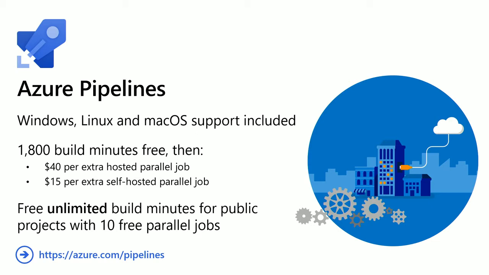When you first get a free account, you've got 1,800 build minutes for free. But pretty quickly, you can burn through those. If you're doing some serious Bitcoin mining, you definitely can. So what you want to do is pay for, not for Bitcoin mining, because we'll actually switch those off, but you want to pay for a hosted job. They're $40 per parallel hosted job, and then it's $15 for a self-hosted job to be able to connect that in and use that.